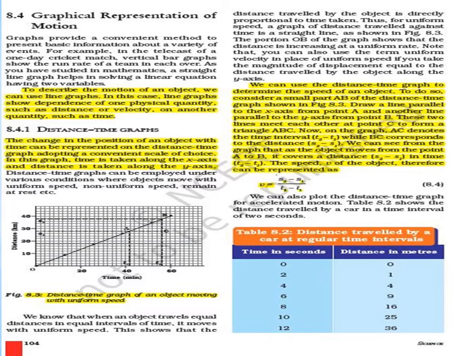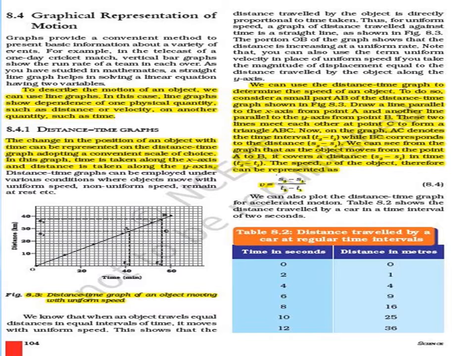So you can see this line is parallel to the x-axis and this line is parallel to the y-axis, and these two lines meet at a common point which is known as C, and they form a triangle ABC. This is a right angle triangle. Now on the graph, AC denotes the time interval. Now you can see here the AC line represents the time interval between T1 and T2.